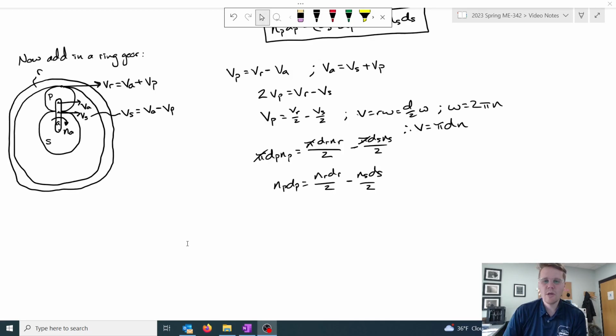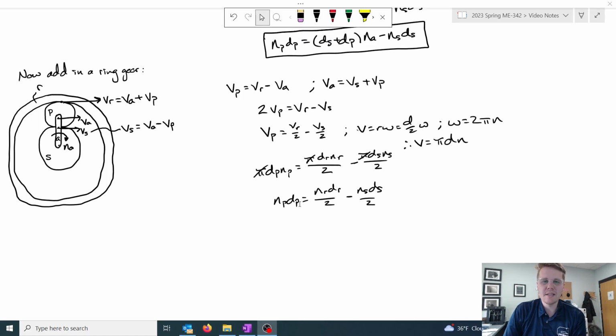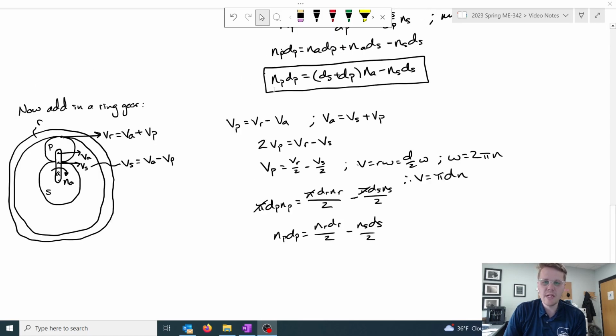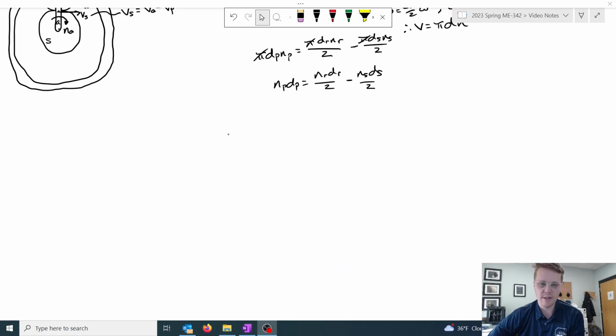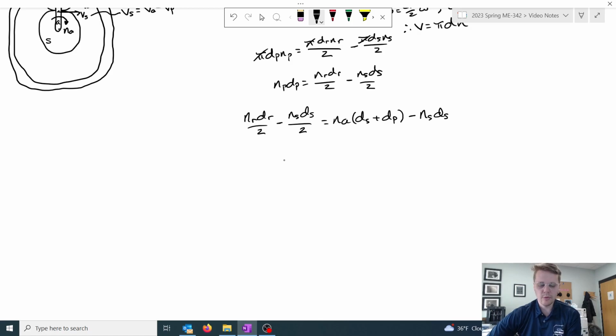So this expression now gives us np dp in terms of nr dr and ns ds. And this np dp is the same as the np dp I solved for above. So I'm going to go ahead and substitute it into that equation. If I take this expression and substitute it into that equation, then I get a big long one that looks like this. And with a little rearranging,